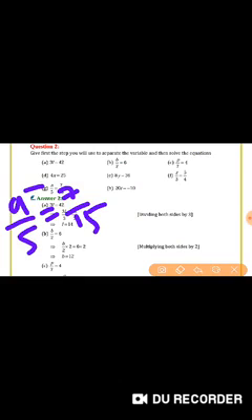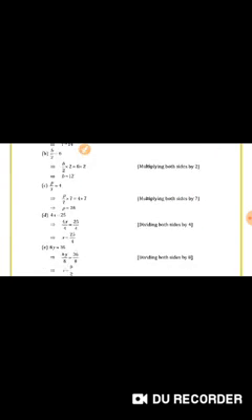This one: A by 5 is equal to 7 by 15. Here only consider the variable terms. So divided by 5 is there, so multiply by 5 on both the sides. So 5 5 get cancelled. 5 ones are 5, 3 5s are 15. So A is equal to 7 by 3. Here is your answer.